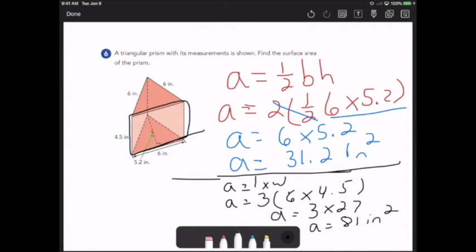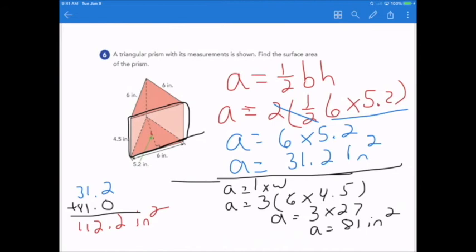What I need to do now is add, and I'm going to add in my triangles, 31.2, plus I have my rectangles, which is 81. And when I add those together, I'm going to get 112.2 inches squared. Okay, so next one, let me just move on,